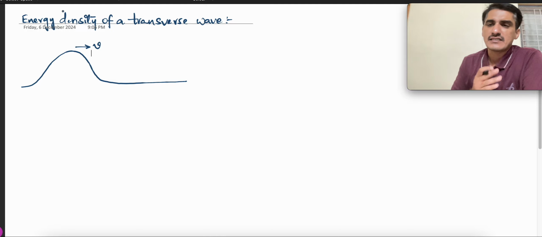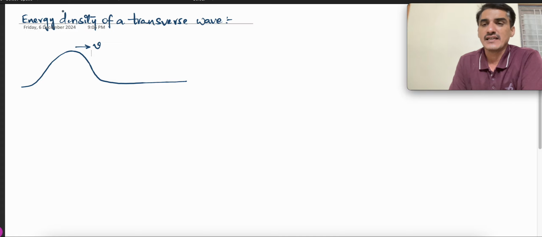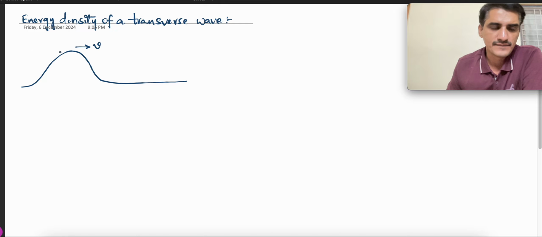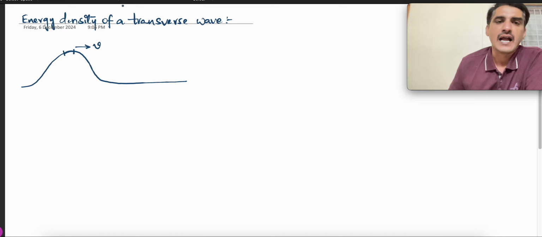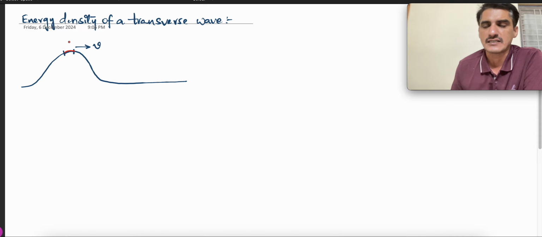How to understand the potential energy here? Where is the potential energy here? If we observe this carefully, consider one element in this total rope. Now let us assume one element. This is an element. Now I am taking an element here, and on this element, if it is traveling, already we discussed while deriving the speed of a wave in a string,